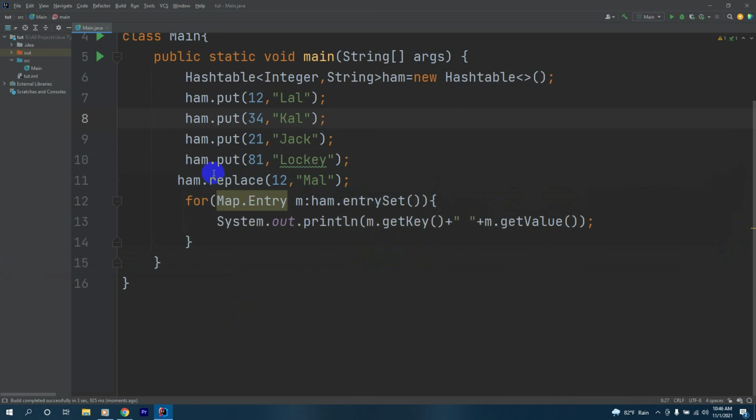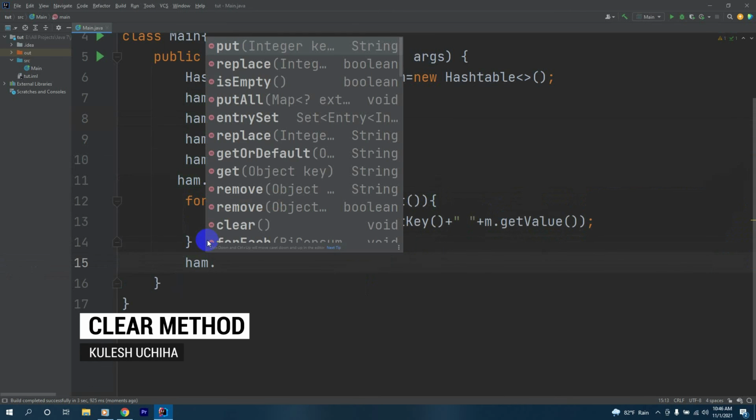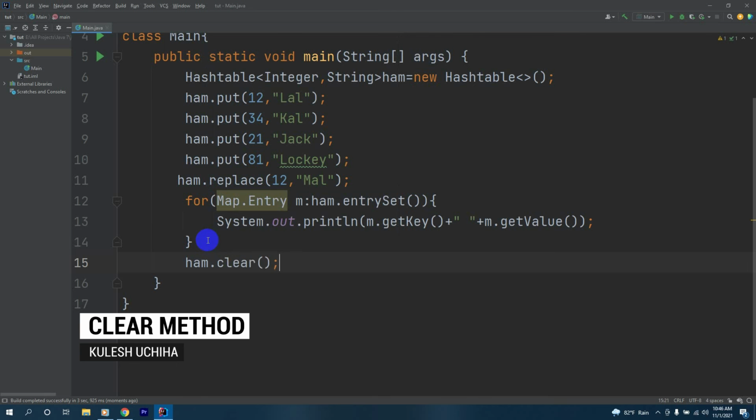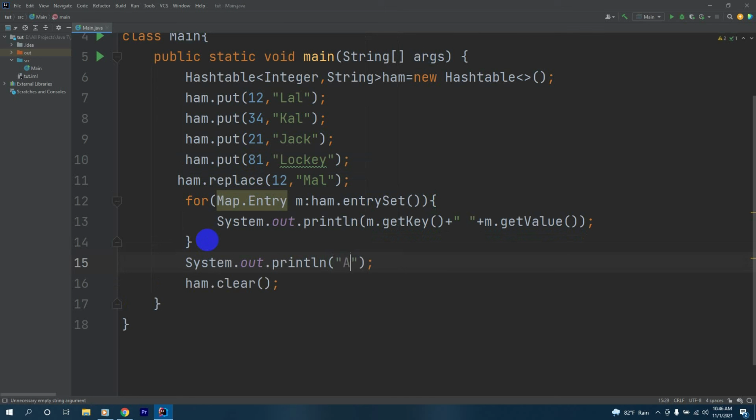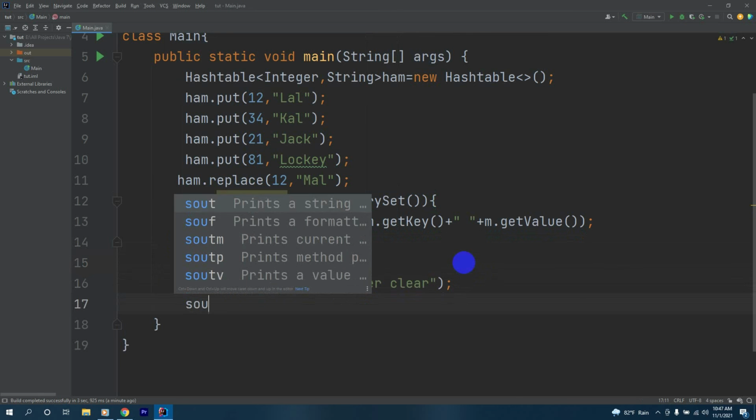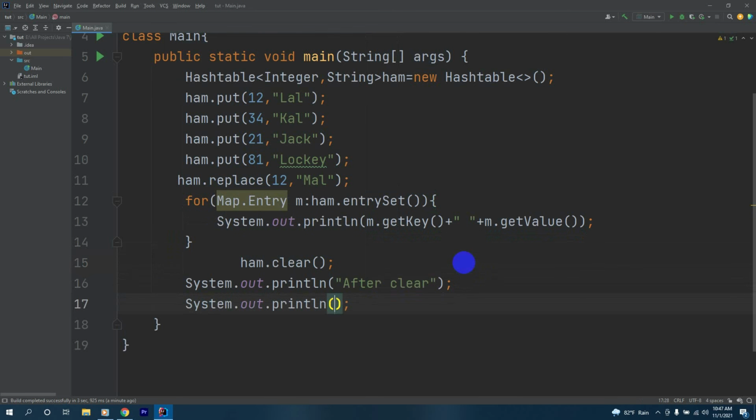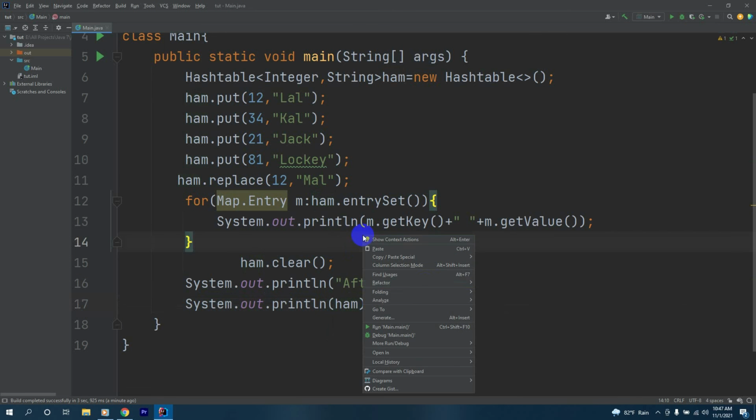Now we'll have ham.clear, and we'll have an s out here that says after clear, and we'll cut this from here and paste it here, and after that we list out our hash table. Now let's check the output.